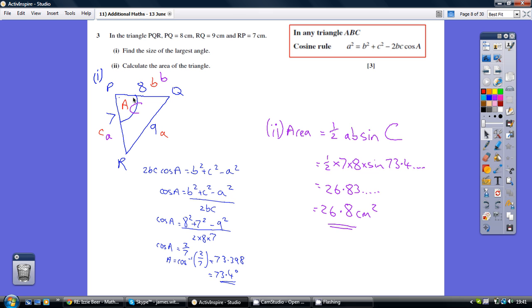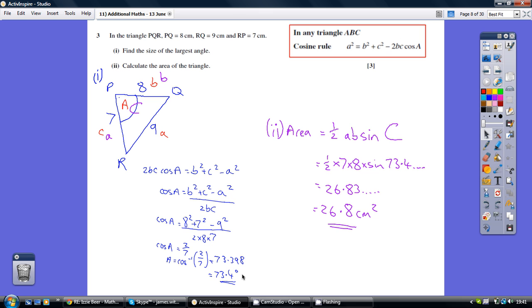So the angle we want is A, tying in with the formula, and so I've made the opposite side little a and the other two sides little b and little c. Key point: I think it's best to tie your diagram in with the formula that's given. So substituting everything in, we get cos A equals 2 divided by 7, inverse cos both sides, and we get 73.398, rounding to 73.4 for